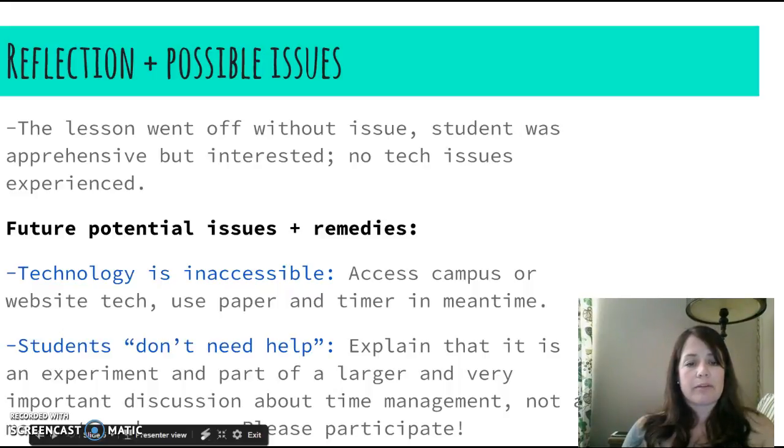Also, I expect some students might suggest that they don't need help, that they have great time management skills, and that might be true, but I would still explain that it is an experiment and part of a larger and very important discussion about time management. And it is by no means meant to embarrass anybody or belittle their study skills, and to encourage them to participate, and if at any point they're uncomfortable, to come and see me, but to think of it as an experiment and a way to help their